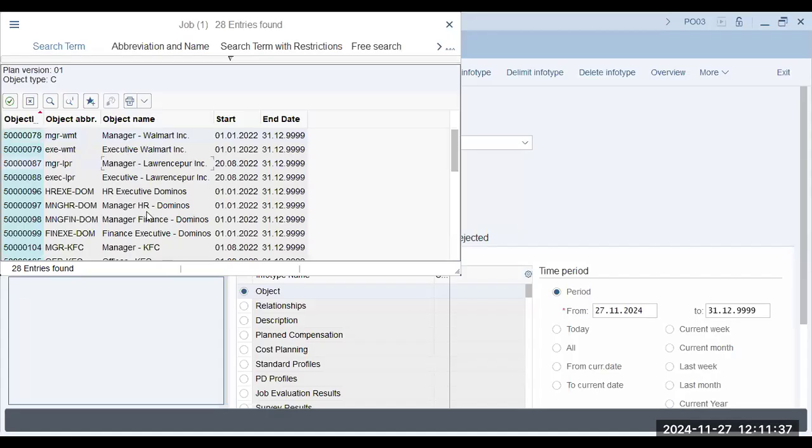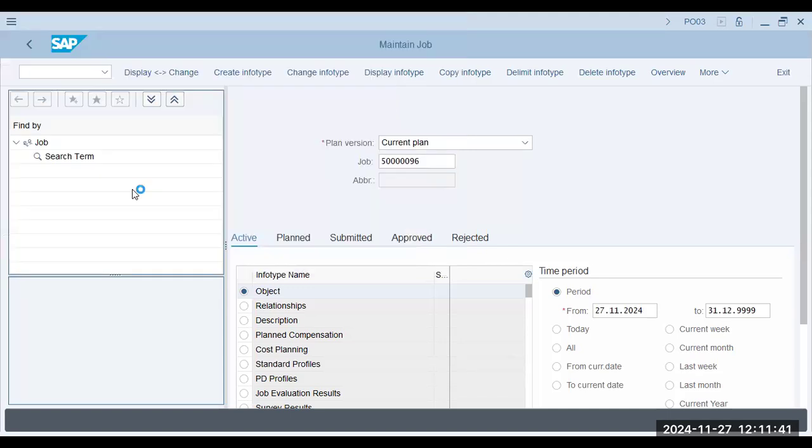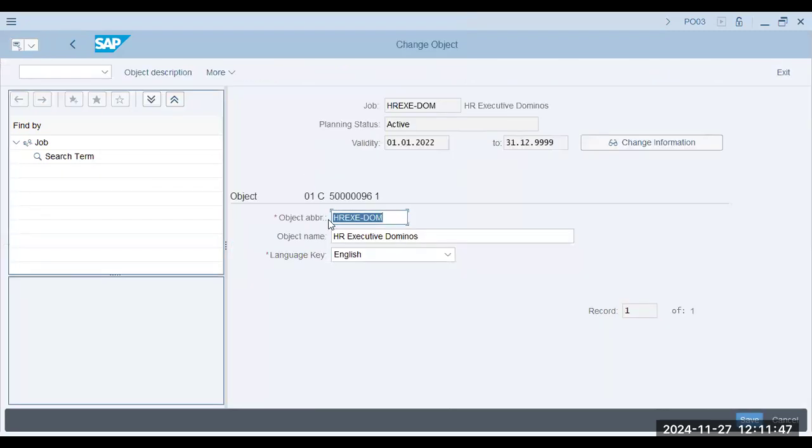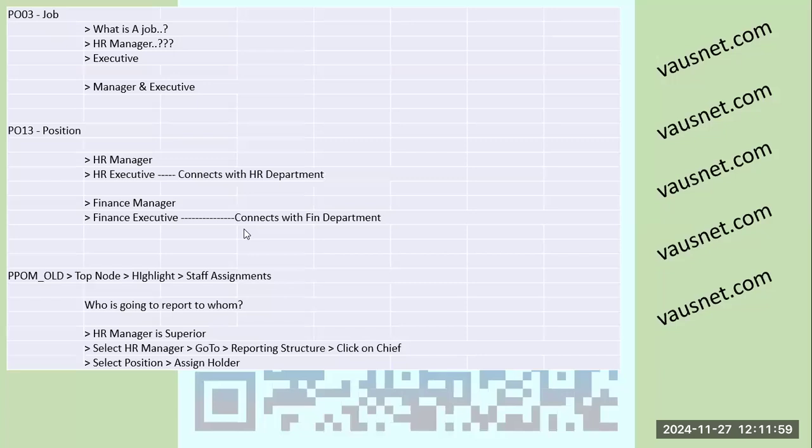Let's say Domino's HR executives. Okay, this is created, change info type. Now, over here, the job is basically created and with a job actually comes the job description that you will actually define for that job. Now, a job basically explains or details or describes what a position